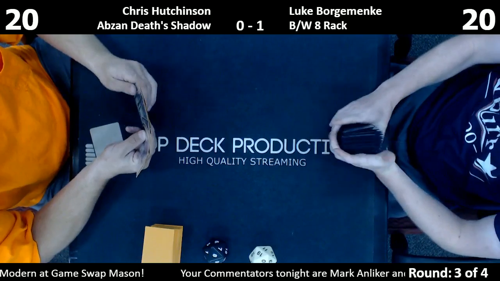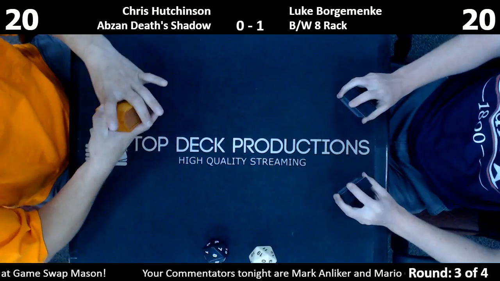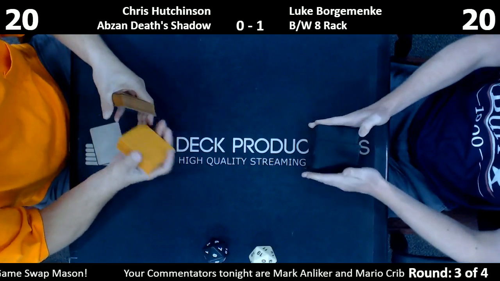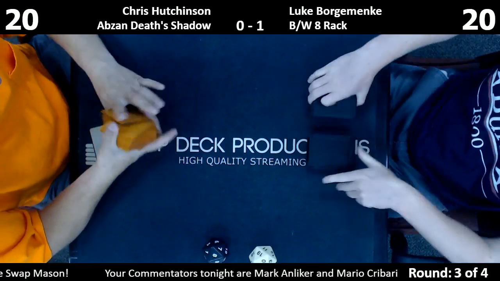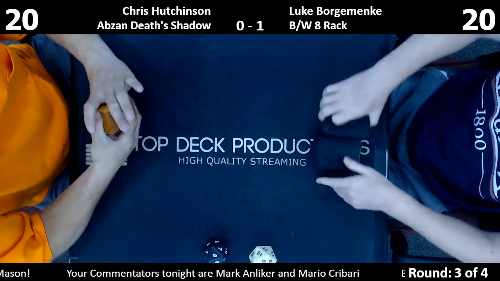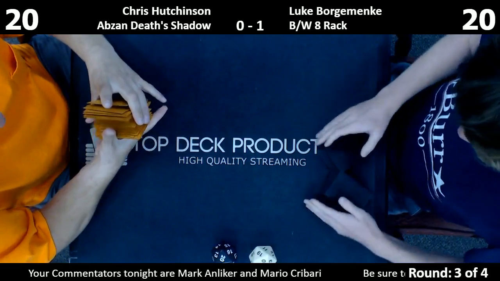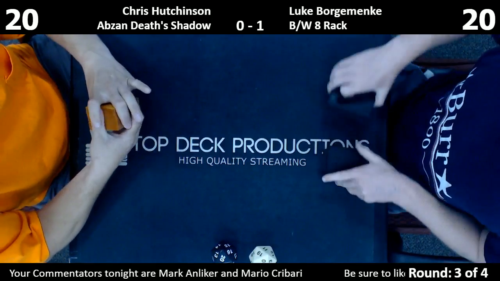All right, well, Luke does not want to keep the 5-lander there. And it looks like Chris is also going to take his mulligan to 6. Yeah, Luke's hand was like 4 lands, Inquisition, and Lily maybe. Too slow. Not enough stuff. 5 lands, Inquisition, Lily's not the worst thing in the world, but